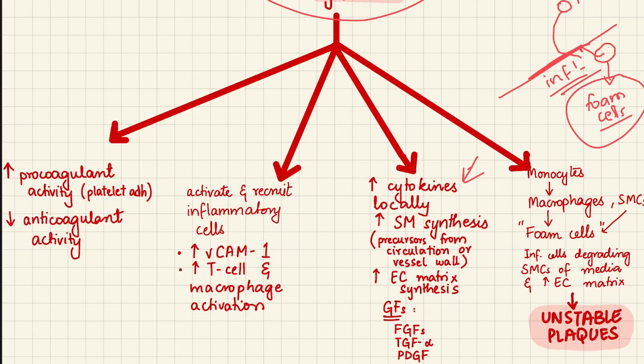Why? Because the plaque is developing from the vessel wall, right? So when the inflammatory cells come and eat up this, this plaque will always be unstable, and it might rupture, and after the rupture there will be procoagulant activity and clot formation and thrombosis and embolism and all sorts of bad stuff.